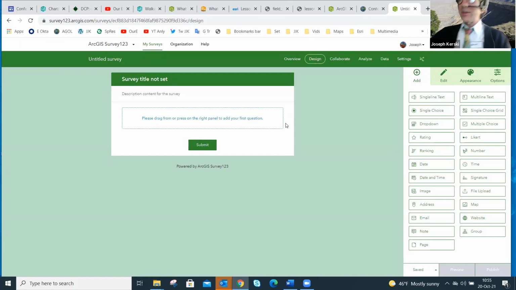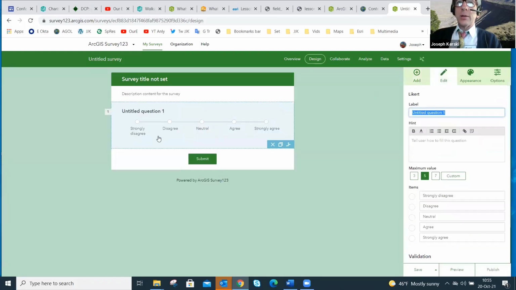So now we've got our blank survey, and I'm going to say, you know what? I really want a rating. I want a Likert scale. Okay, so what I want is: how walkable is this location?